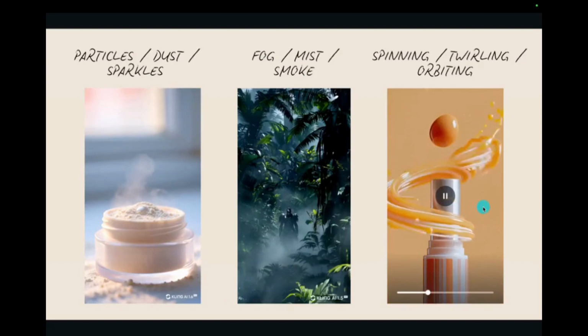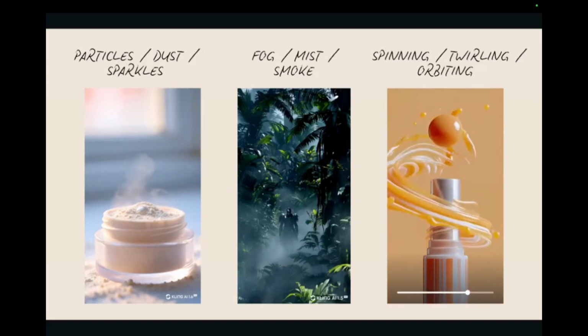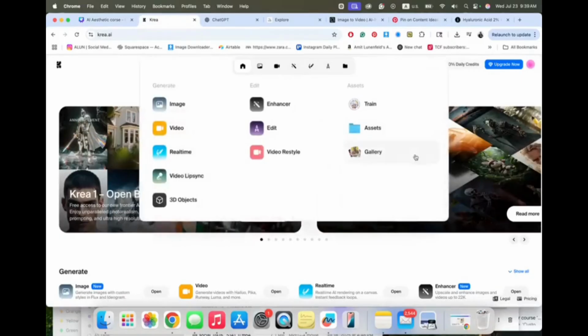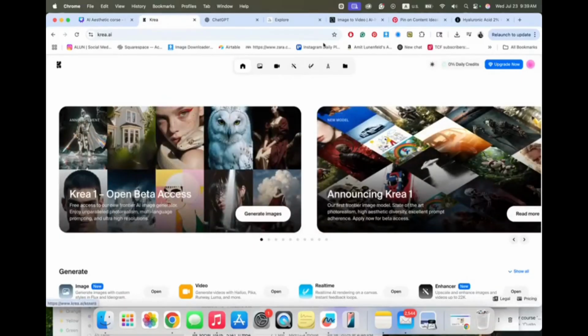The last option is 360 degrees, where you can see your entire product spinning, twirling, and you can do something like light rotating around the product. It's really good to show your full product. Now that we understand what works well with AI, I want us to do a whole video together, and then I can show you exactly how I create videos and more examples of videos I created before.